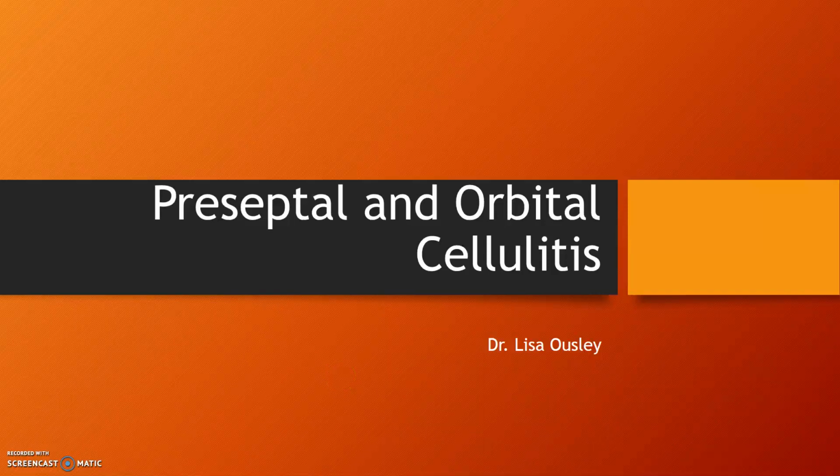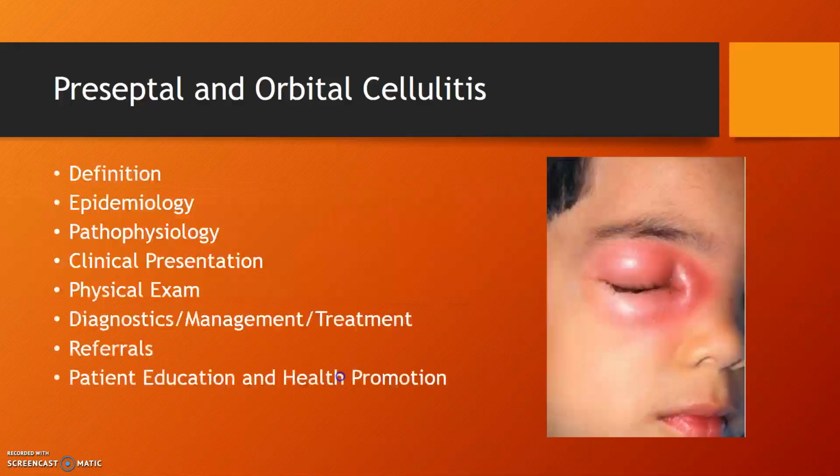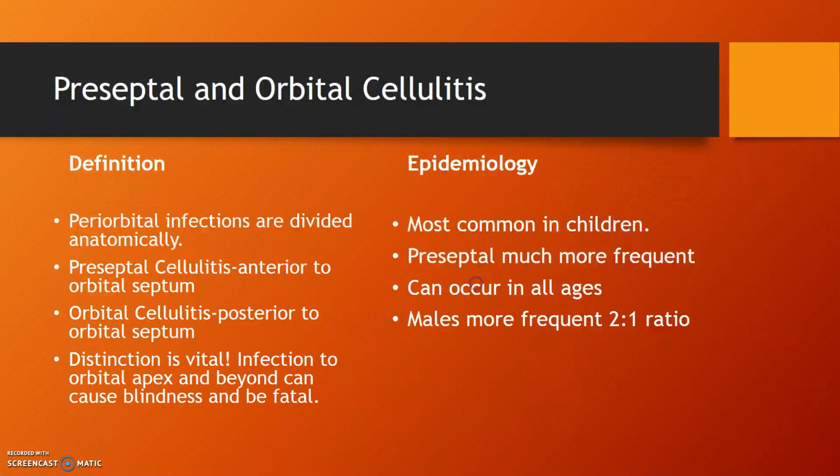Hello. Let's review preseptal and orbital cellulitis. It's kind of a profound picture of a preseptal cellulitis. So preorbital infections can be divided anatomically two ways: the preseptal cellulitis, which is anterior to the orbital septum, or orbital cellulitis, which is posterior to